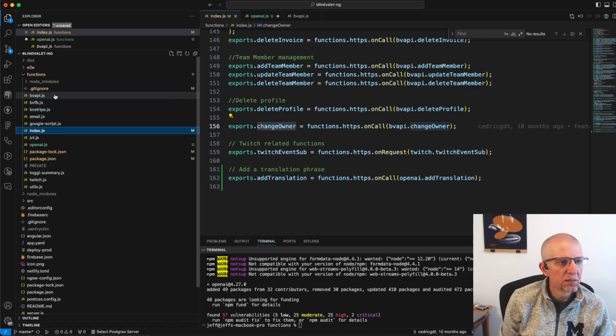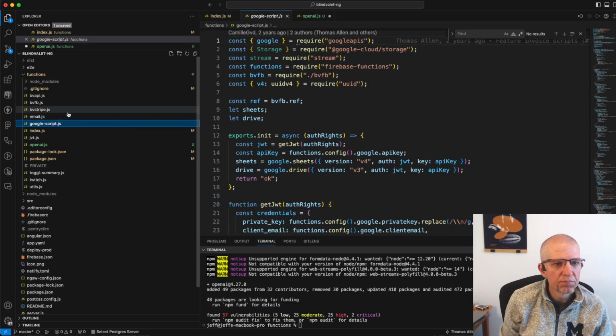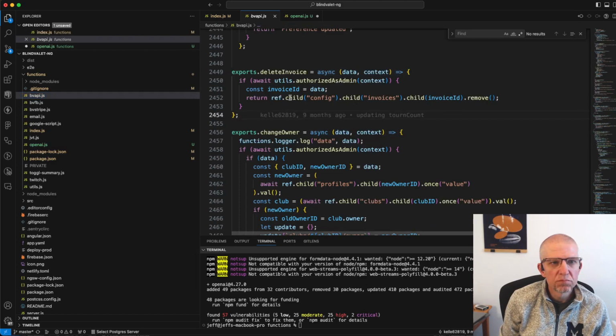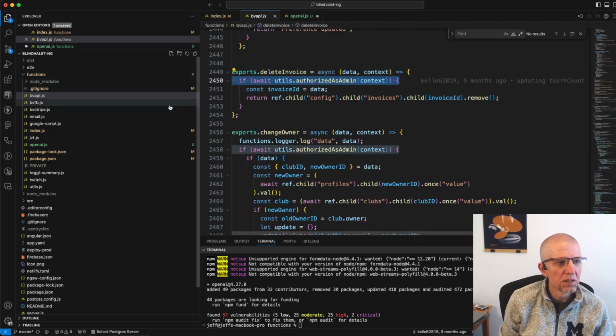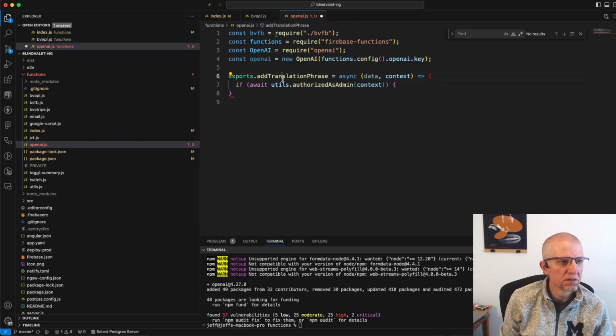I'm going to get one of mine that are protected by who's admin or not. There we go. So what I do is I just check through the context. I already have some functions to do this, to check that they're an authorized administrator of the application. I don't want just anybody adding translation phrases to my app. I mean, it wouldn't break anything necessarily, but